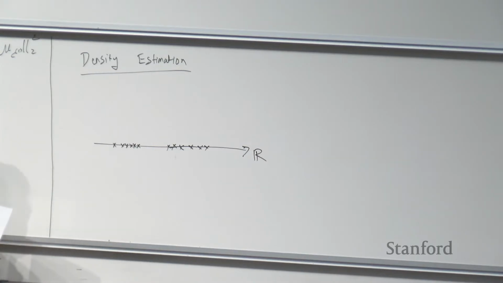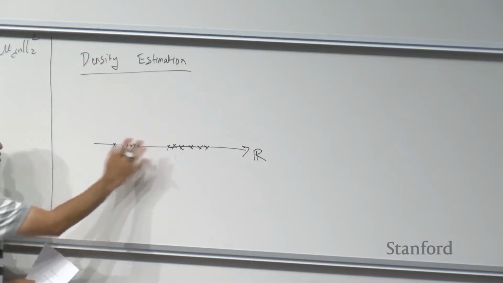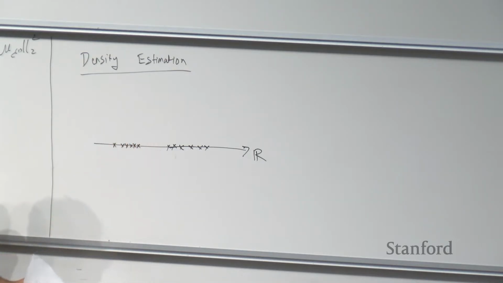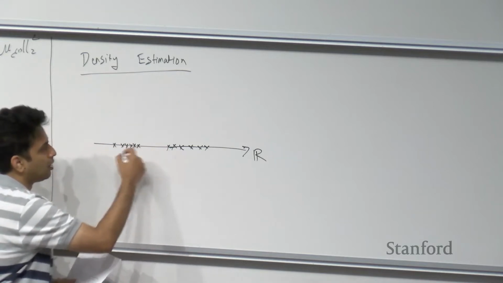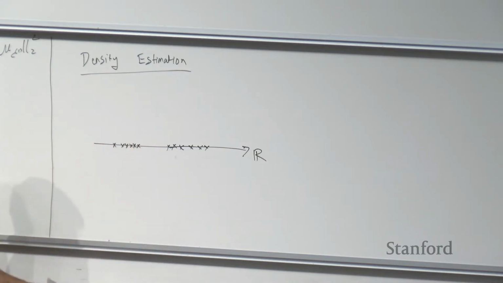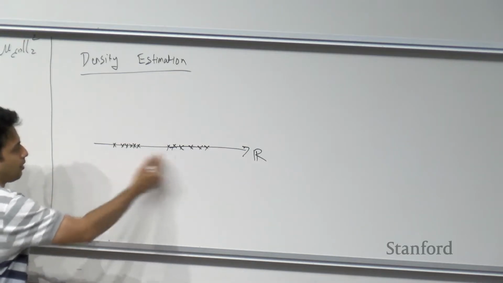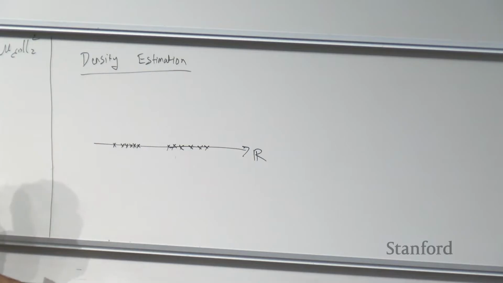And the goal is, we assume that these points are sampled from some kind of a probability distribution, and because these points are coming from a continuous distribution, the corresponding probability distribution has some kind of a density. Right? It's not a probability mass function, but it's a probability density function. Right? And given these points that look like this, the question is, what is the density function from which these